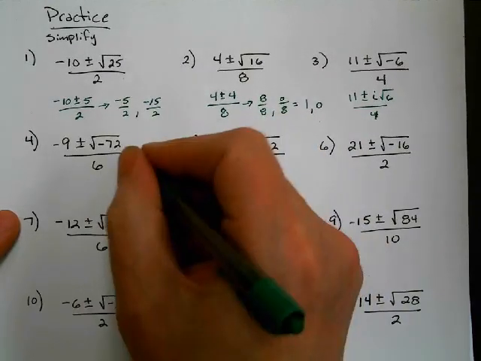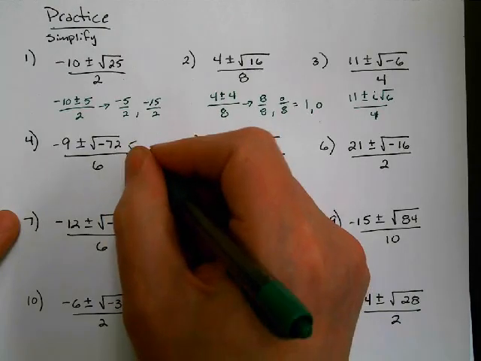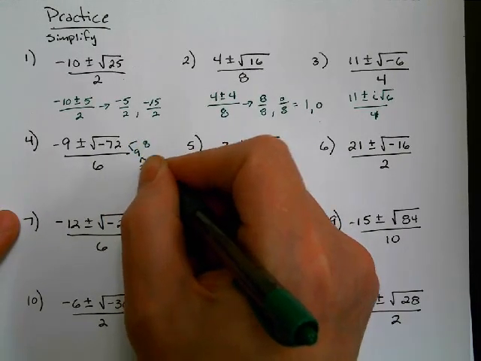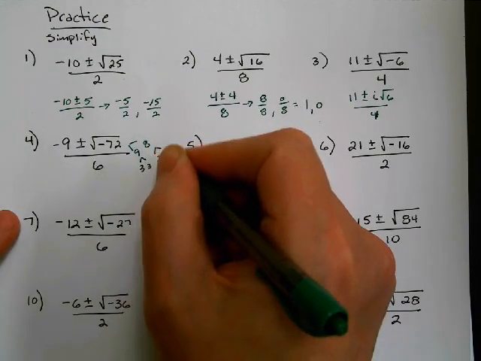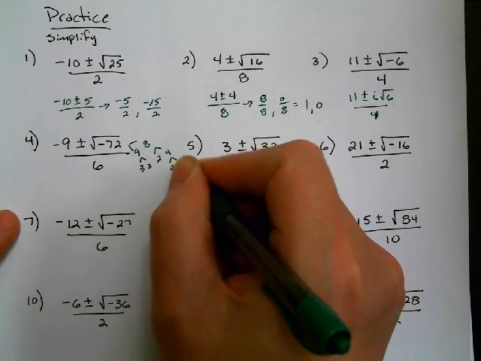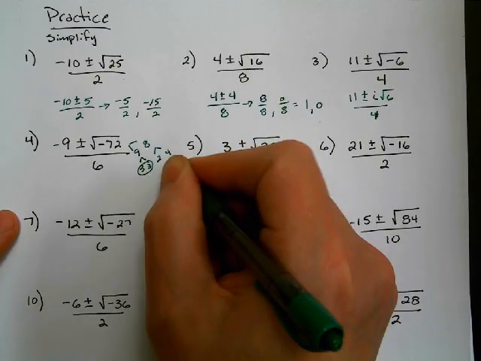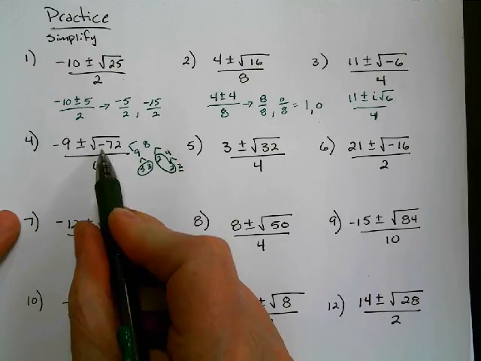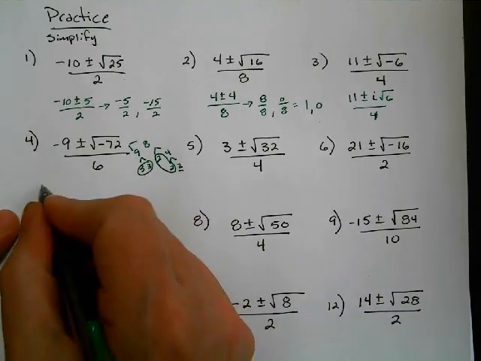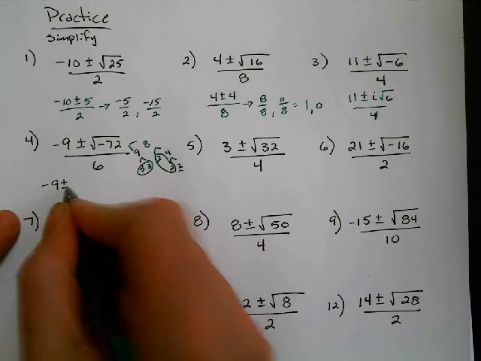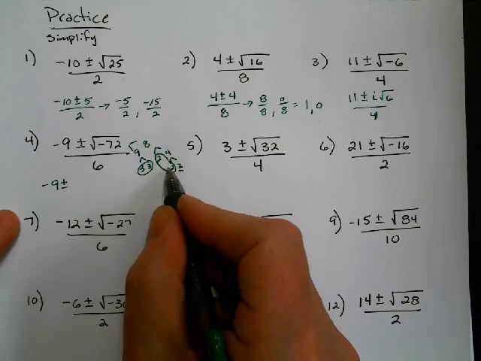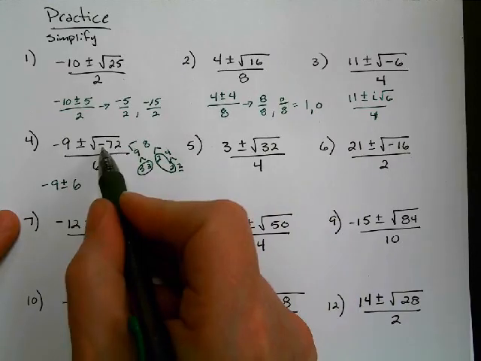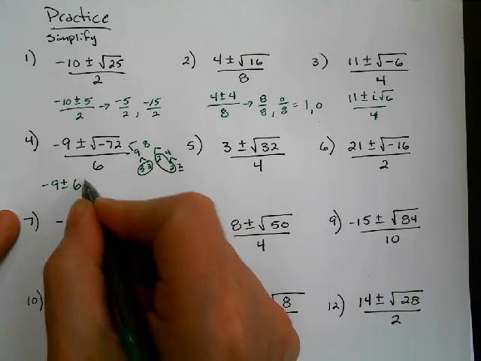Next one, 72 does reduce. That would be 9 times 8. And then 9 is 3 times 3. And 8 is 2 times 4, and 4 is 2 times 2. So I got a pair of 3s, I've got a pair of 2s, with a 2 left over. Also, this one's negative here. So this would be negative 9 plus or minus 3 and 2 come out. So that's going to be 6, because everything's a factor, everything's multiplied. It's negative, so I need an i, and then 2 stays in,